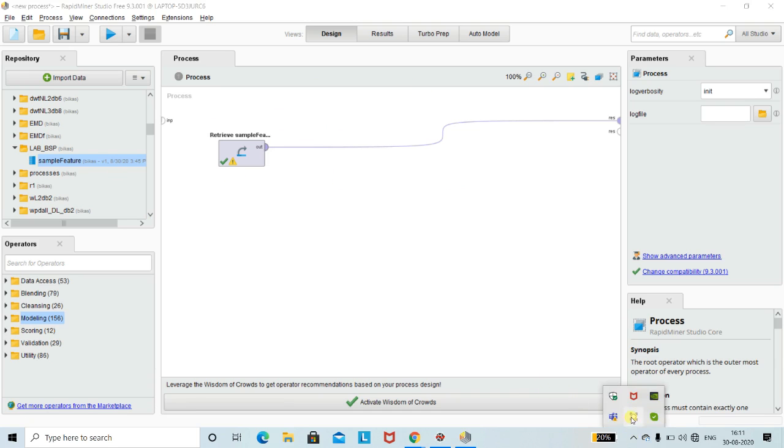Now let's go for some advanced model. As we have seen, we have already imported a data set. We already know about the features contained in the data set, the number of attributes, and the classes. Now, if I want to build the correlation matrix between my attributes of the data set, how can I do that? For that, I have to go for the utility,